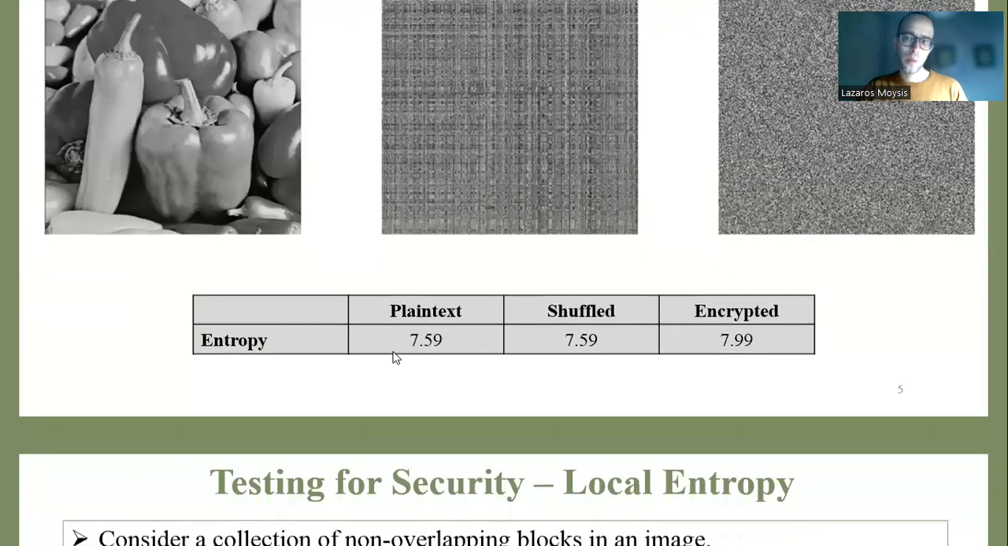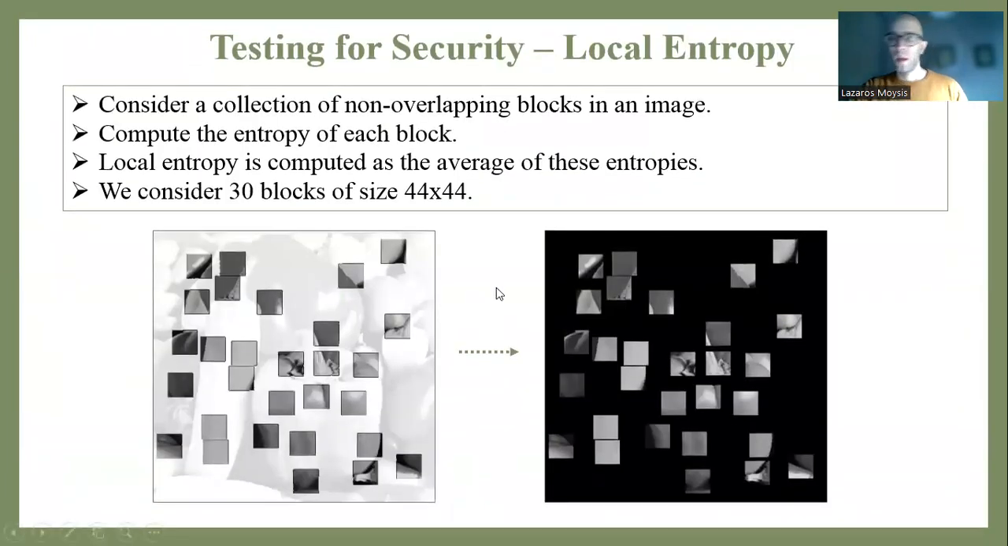And this measure is called local entropy. What's the idea behind local entropy? I explain it here in these two images. What we do with local entropy is basically consider a collection of sub-images, sub-blocks if you like, non-overlapping, in an image. Here, for example, I have 30 different blocks, non-overlapping, and each block is of size 44 times 44 pixels. And we compute the entropy of each individual sub-block. So we have 30 different entropy values, and then local entropy is actually the mean value obtained from these 30